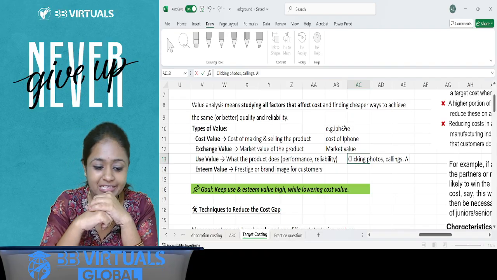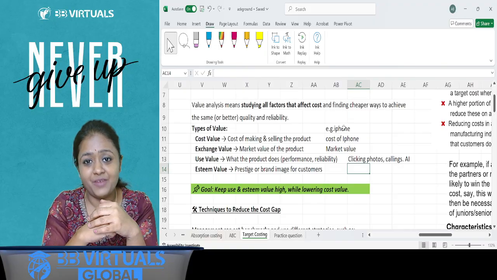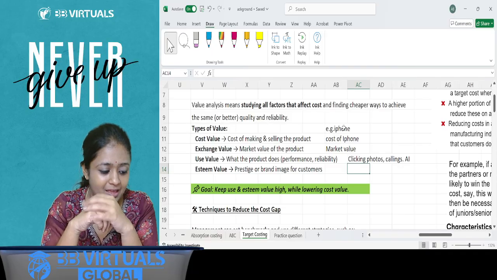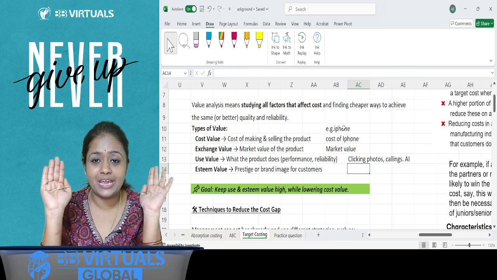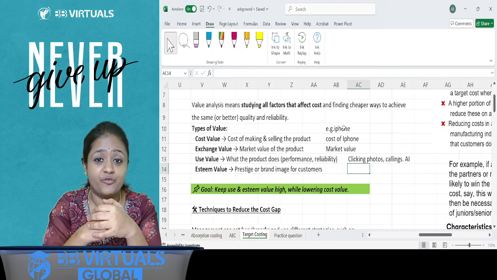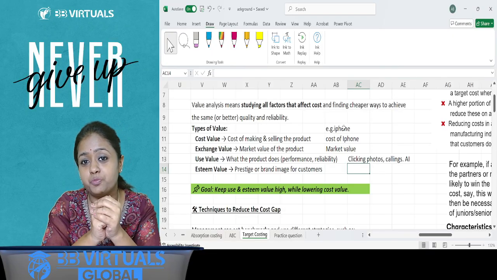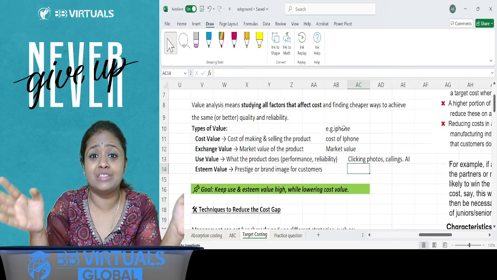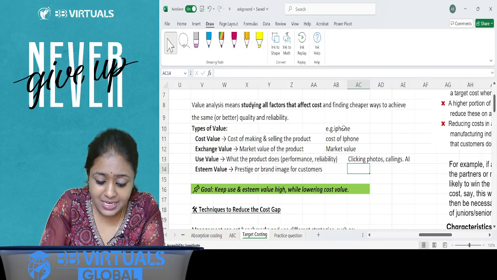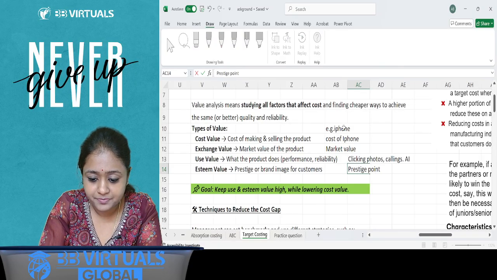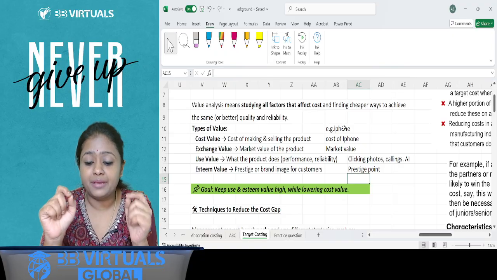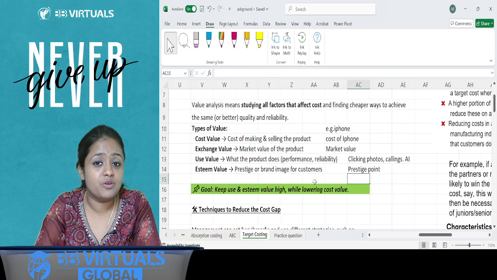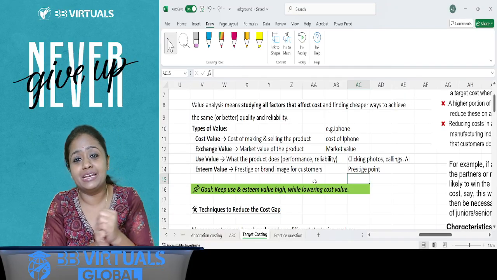Okay, let's move forward. So now, esteem value. I'll give you one example. I have a Nokia phone and on the other side I have an iPhone, which looks good when I carry it and I go to my office, meet my friends, which gives me more of a prestige point. You will definitely say, ma'am, without doubt, iPhone, right? So it gives you a prestige point. And please understand that ultimately the aim is your esteem value and use value should never be compromised, because this is your X factor for selling the product in the market.